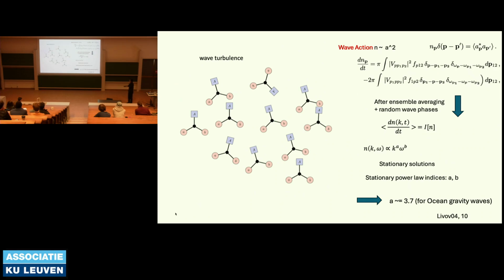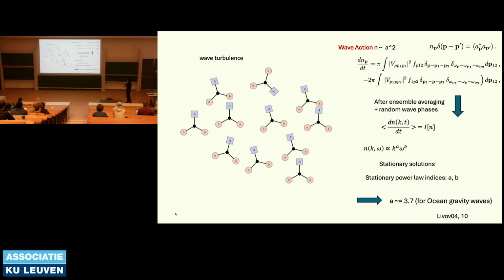So why are we doing this? Because if we do this for a large sample of waves, and if we assume the waves have random phases, we can do some ensemble averaging. We can find a stationary solution for this wave action A, if we assume that the wave action A scales with the frequency of the wave vector as some kind of power law,